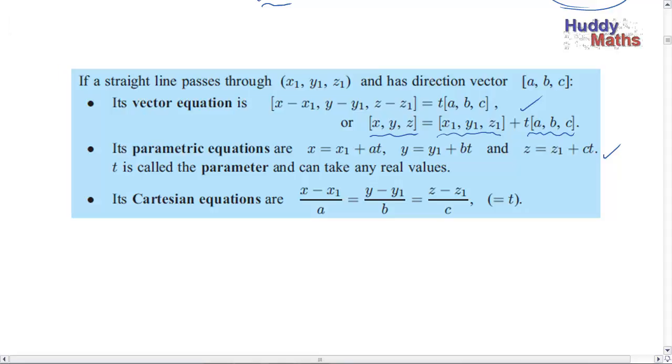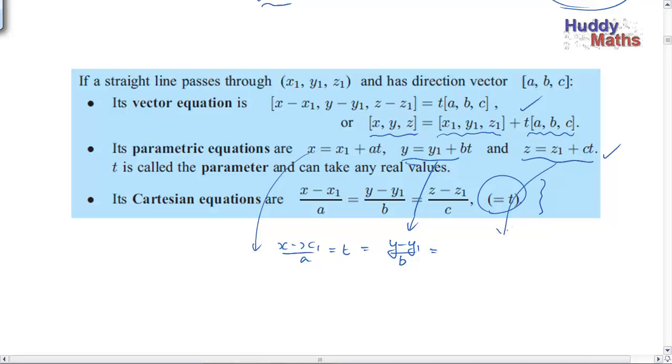Now, here's an interesting one here. How do you relate it back to the Cartesian set of axes there, the x, y, z axes, if you like, call it the Cartesian form. You're trying to relate x, y and z directly with each other without a t. So the way in which we do that is to take this and say x, take x1 on A would equal t, and that would also equal, take this one here, rearrange it, y, take y1 on B, and take t from here, because t is the same, isn't it, in each of the